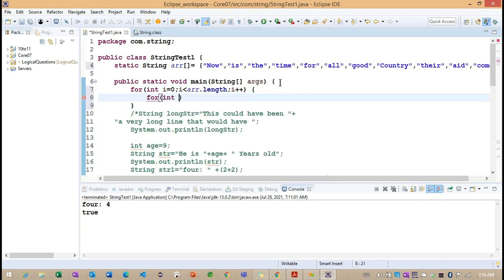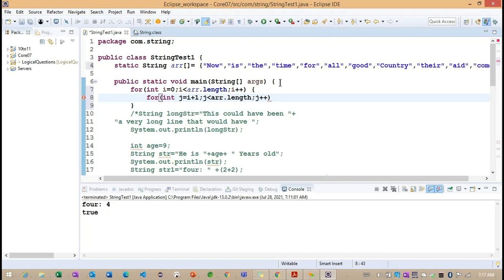I'm going to create one more loop here: int j = i + 1, and here also we need to check the condition, j less than arr.length, j plus plus.